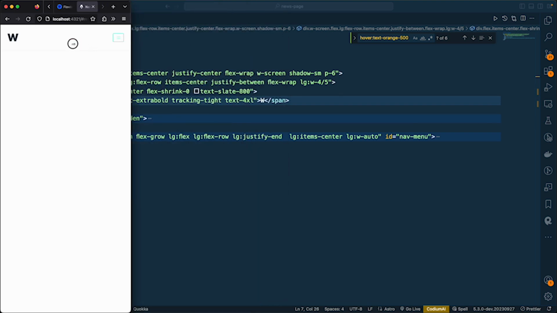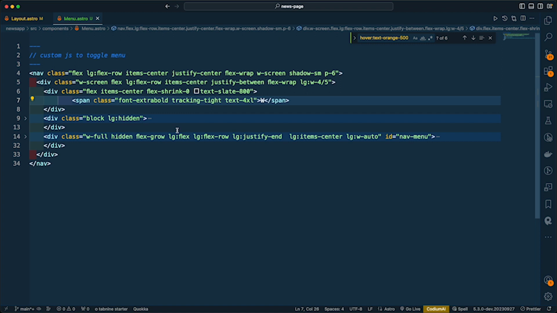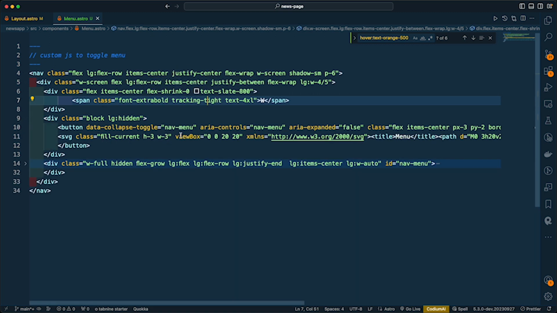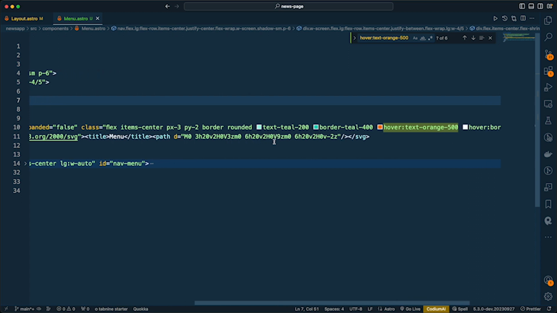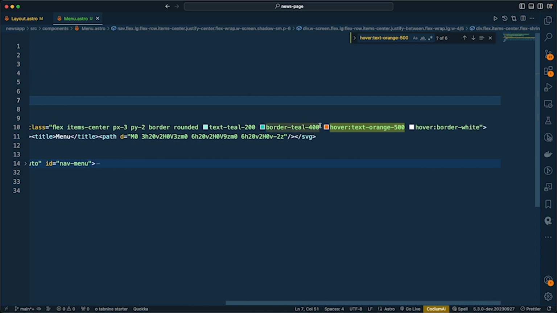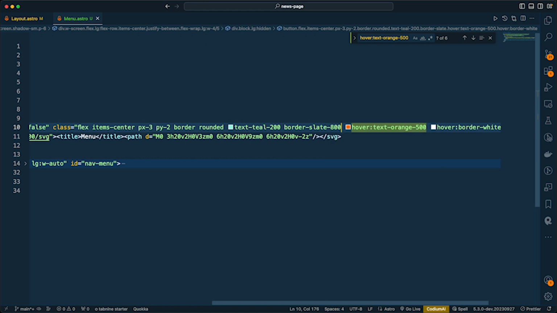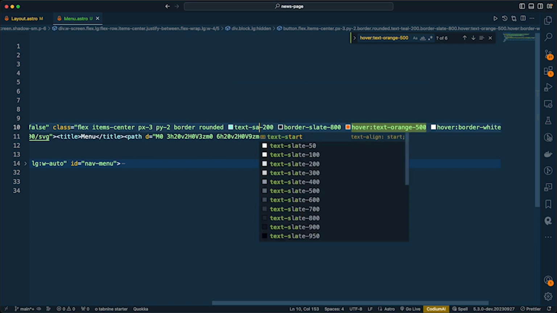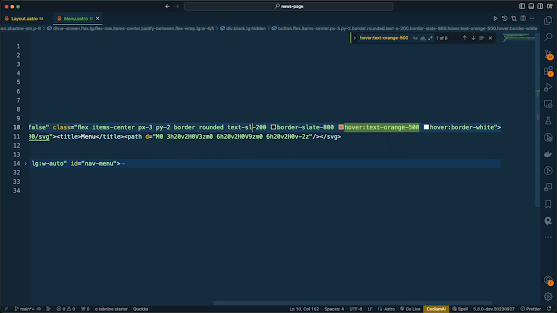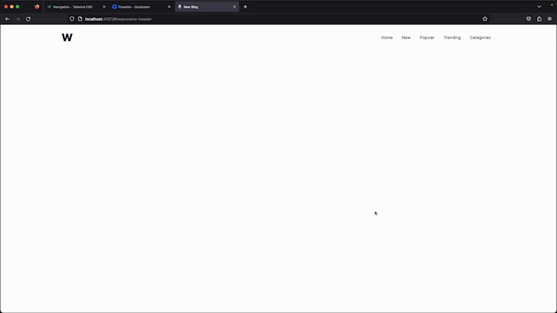Okay, we are just gonna fix this. This should be the button, and over here, yeah, there we are. So this should be slate. Love that, slate 800. And this should be slate as well. So when you minimize that,